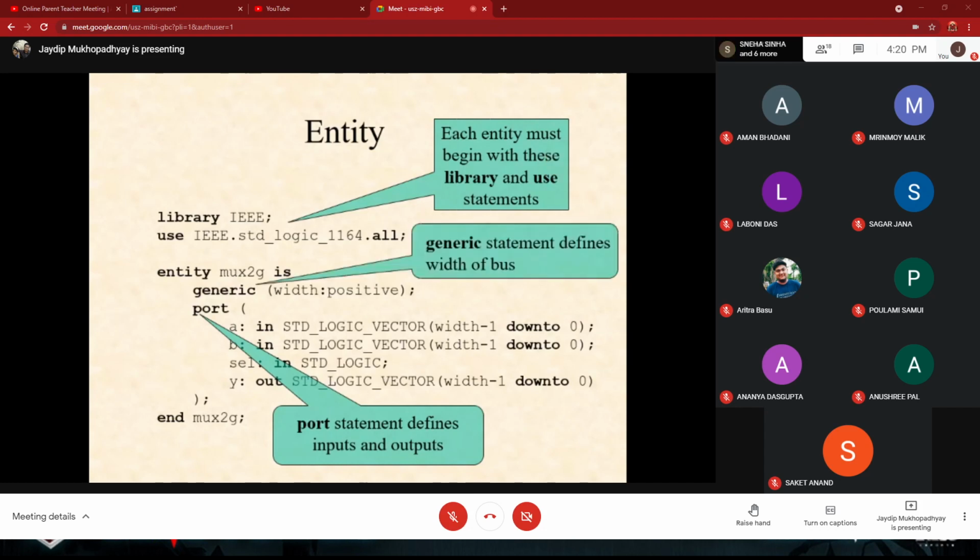And this is the generic statement. I have told you this before. This generic statement is defined with the bus. It defines the width of the bus. As this stream of lines is sequentially handled, these are through a bus. So that is why the generic statement is written over here.